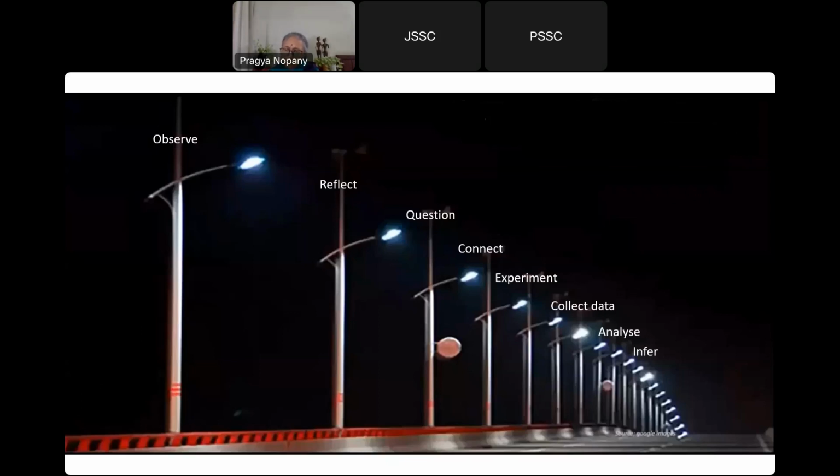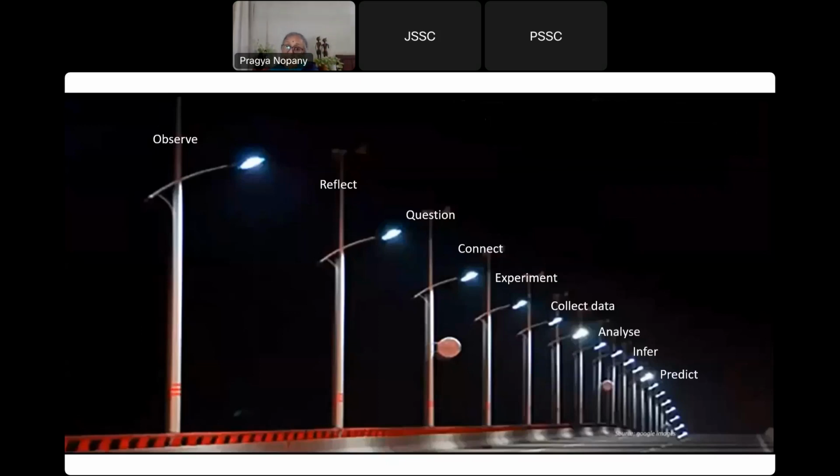Can we argue or debate about them in light of any criteria? Can we evaluate whether they are right or wrong in light of our theoretical constructs? And then they may also be required to predict that, okay, if this is the result, then what may happen in future. For example, they may know the equation of motion, s equal to ut plus half at square.